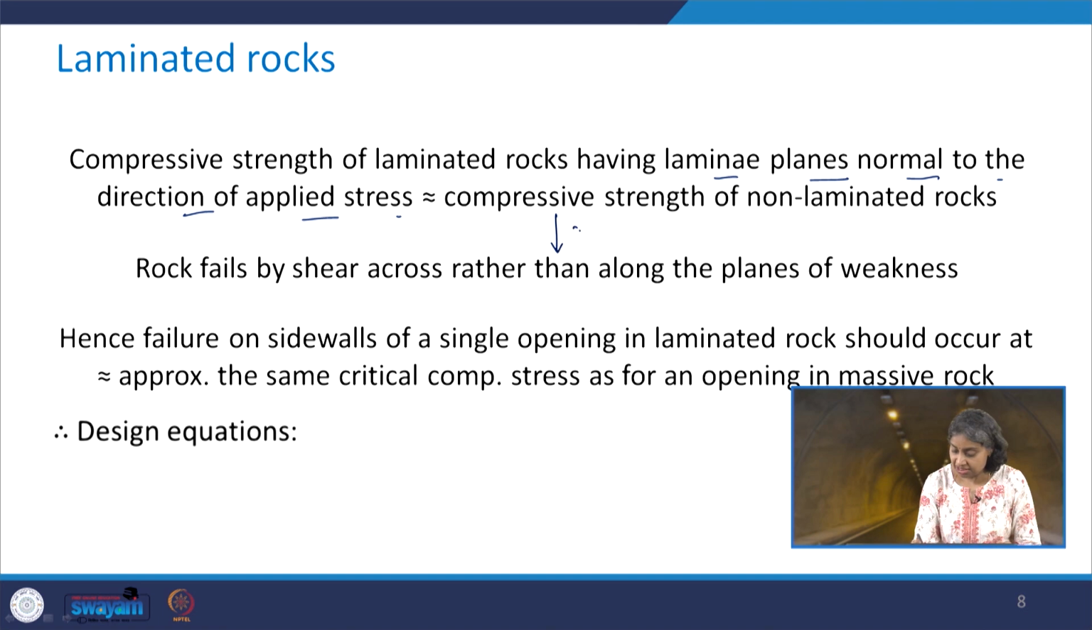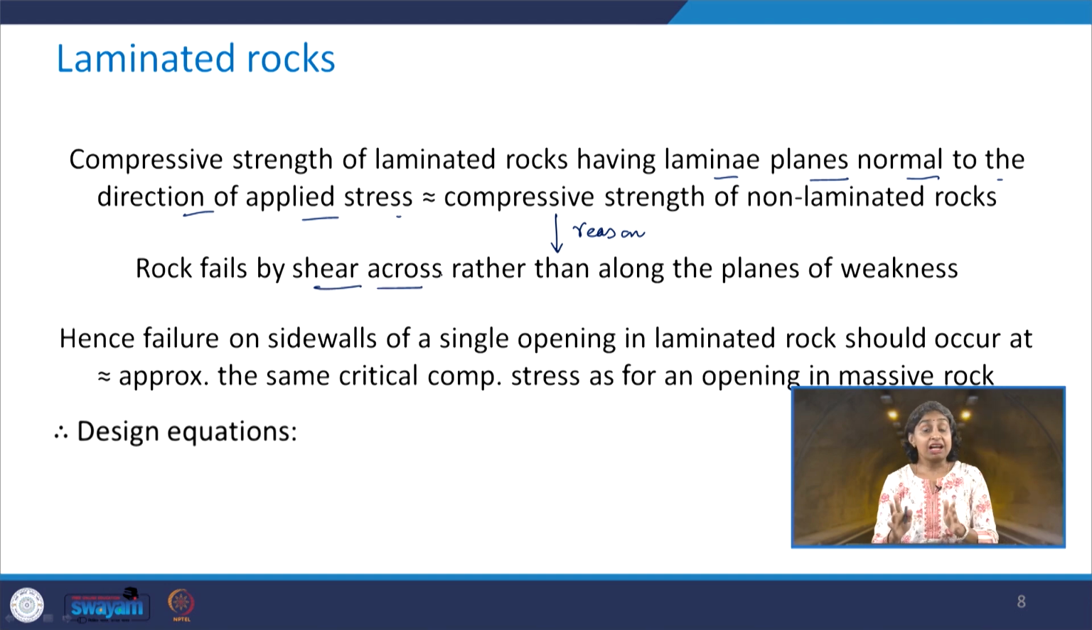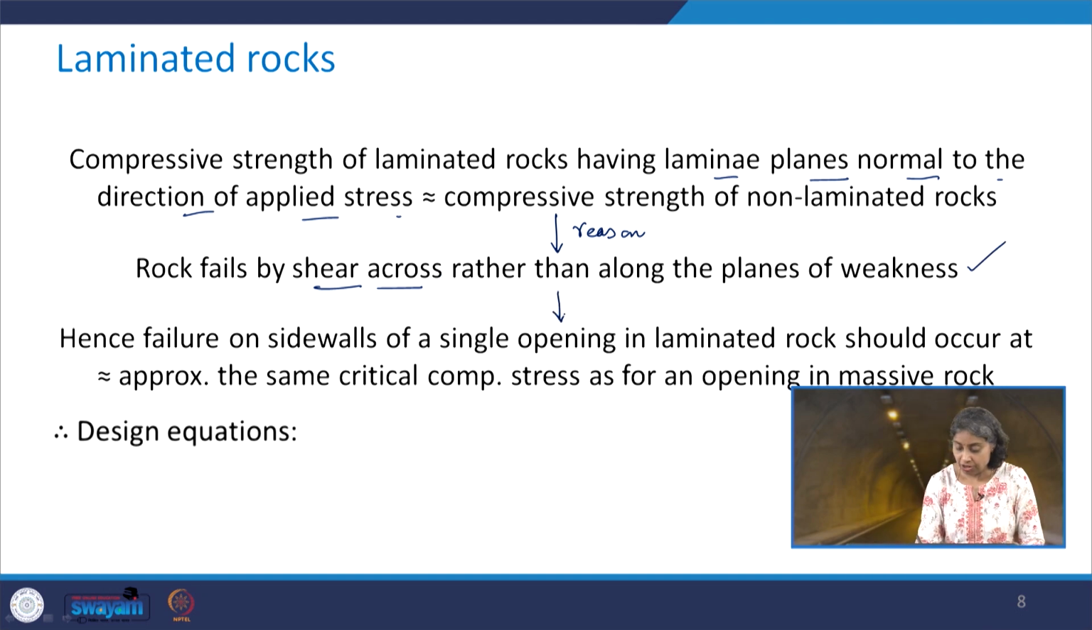The reason for this is that the rock fails by shear across rather than along the plane of weakness, and therefore the failure on the side walls of a single opening in laminated rock should occur at approximately the same critical compressive stress as for an opening in the massive rock. Kindly keep this in mind, and therefore we can have the design equations as